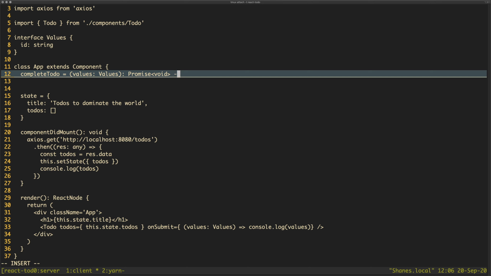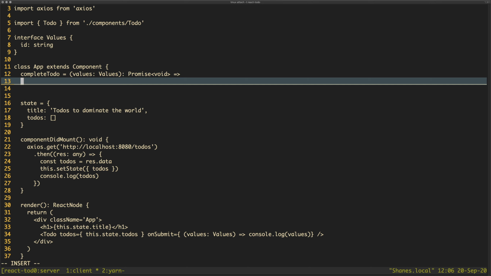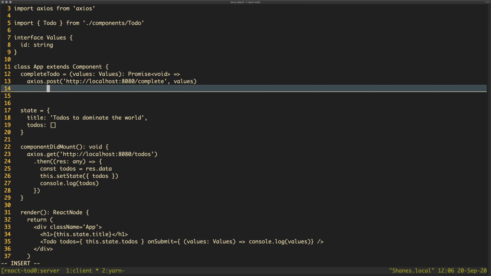And then we can do this. We'll put this on a new line and we'll say Axios post, HTTP localhost port 8080 complete. We'll pass it in those values that we want to give it. And then we can call the then method, because this is a promise, and we'll say res any, I don't really care, and we'll say